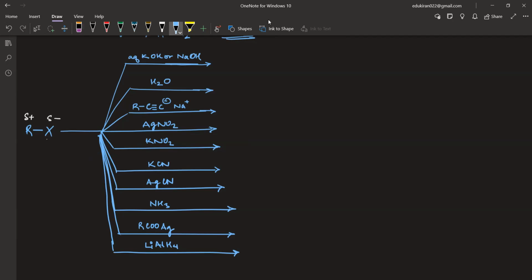We have KOH and NaOH. Okay. So KOH जो होगा dissociate कैसे होगा? It will break into K plus OH minus. Very good. K plus and OH negative. So what will attack on R here? OH negative will attack. Correct? Yes. So you'll get ROH, that is alcohol, plus KX or NaX.